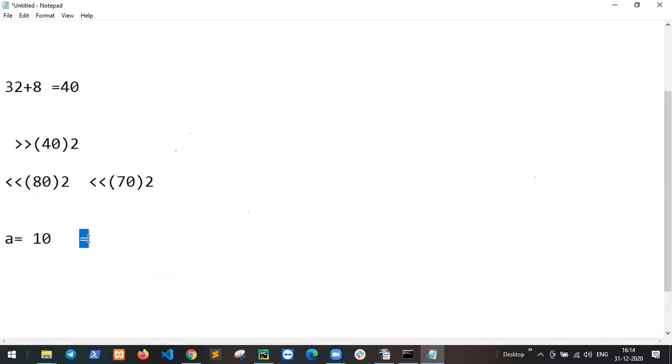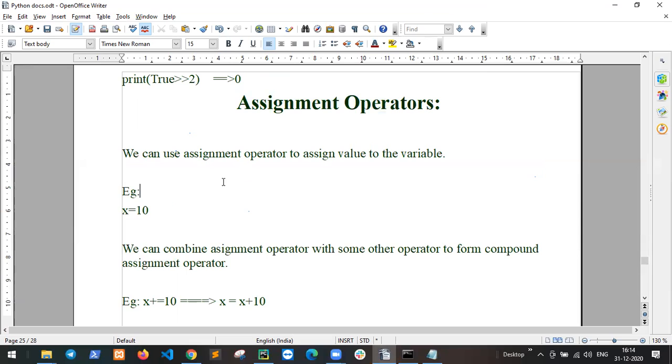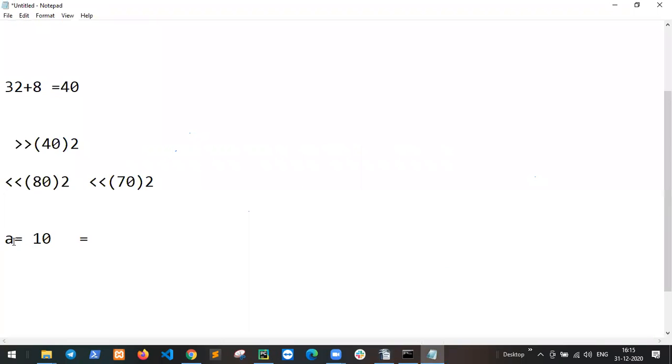Double equal to checks equality, so that is the equality operator. We use the assignment operator to assign a value to a variable.